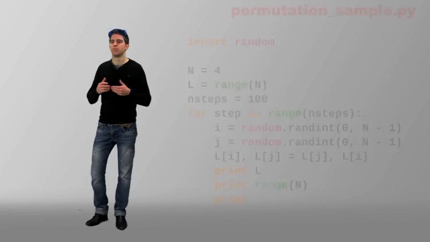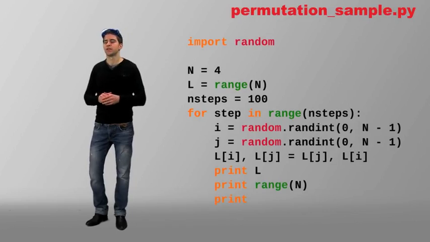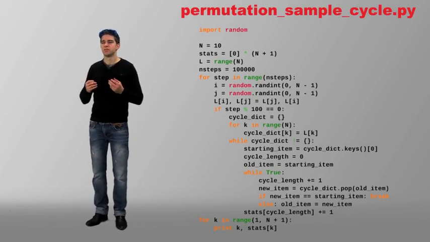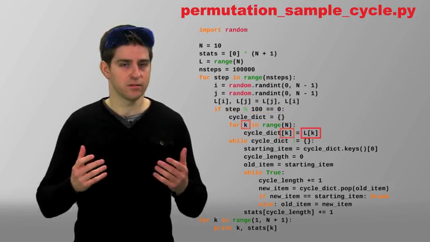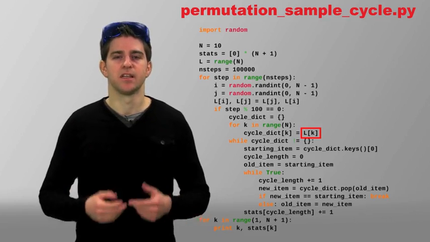Let us now focus on the analysis of permutation cycles without worrying too much about particles. We consider random permutations like those generated by the program permutation_sample.py from this week's lecture. We modify it a bit in order to look at the permutation cycles. This gives the program permutation_sample_cycle.py. The central element here is the use of dictionaries, with the keys being the particles and the values being the permutations of the particles, that is, their successors in the permutation cycle.